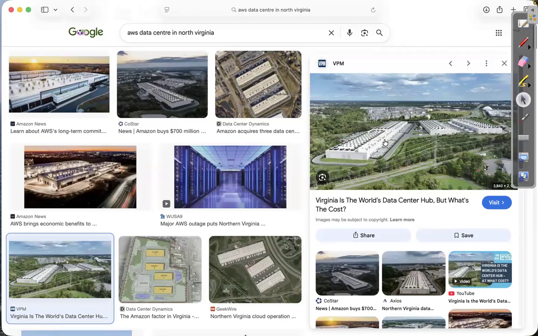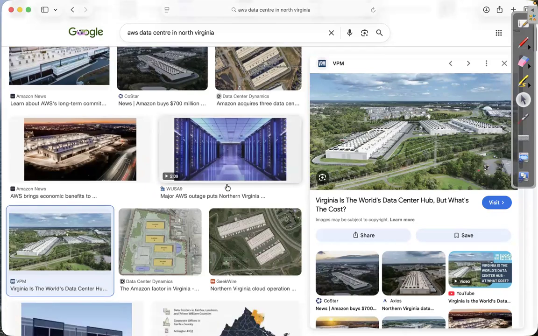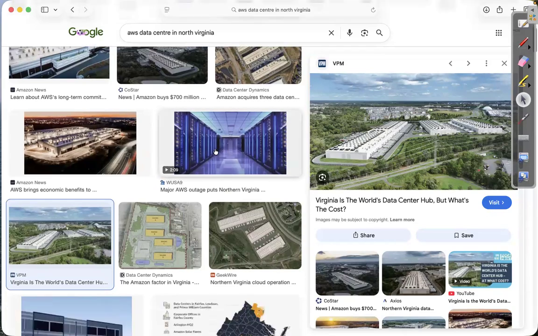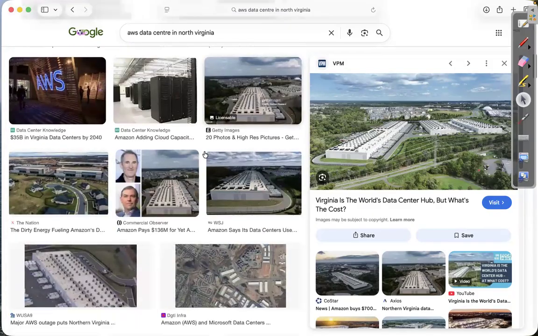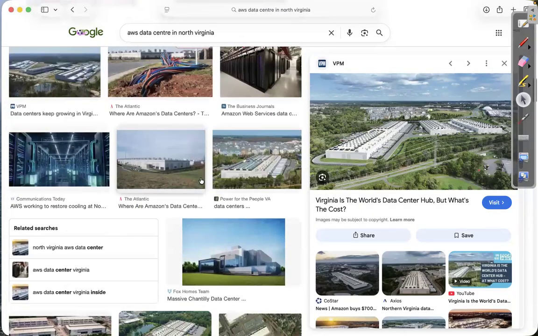So this is the data center. It is not a software company. Data center does not mean a software company. A data center is a place where you can see infrastructure like a large number of servers. Let me show you some images.